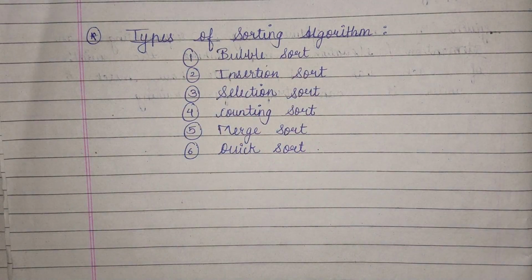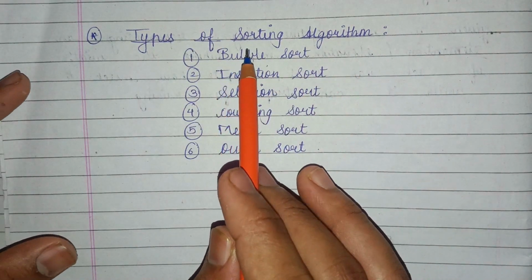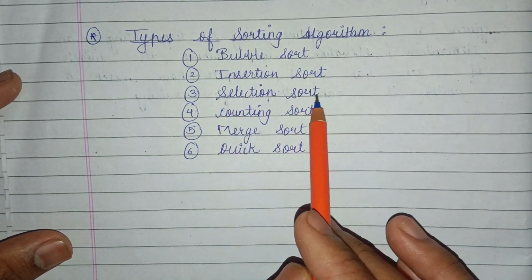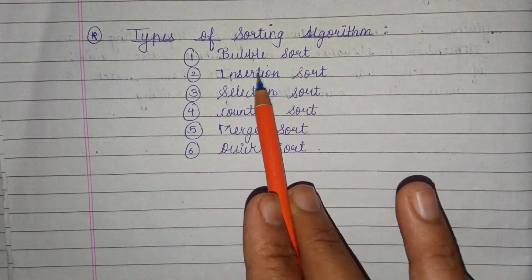The types of sorting algorithms are bubble sort, insertion sort, selection sort, counting sort, merge sort, and quick sort. There are many more algorithms or techniques, but I have written only six here, and we will see them one by one